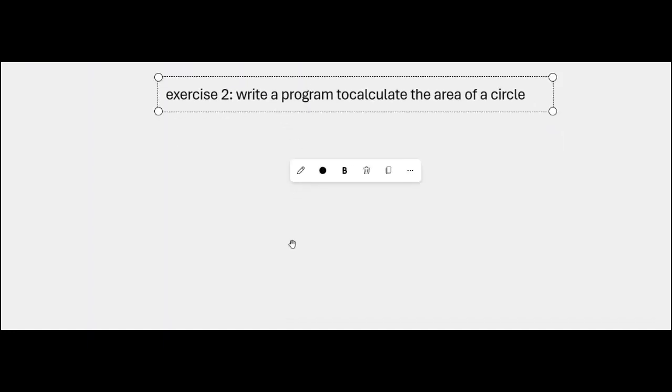Now the exercise number 2. Write a C program to calculate the area of a circle. The area of a circle, first of all, I need to define the radius. A circle has a radius r, and define the radius. Second, I need to tell the user to give a value of this radius, for example 2 centimeter, 3, 4. The user can enter the value,